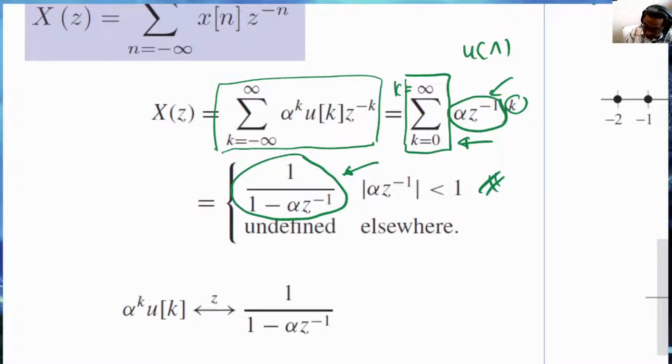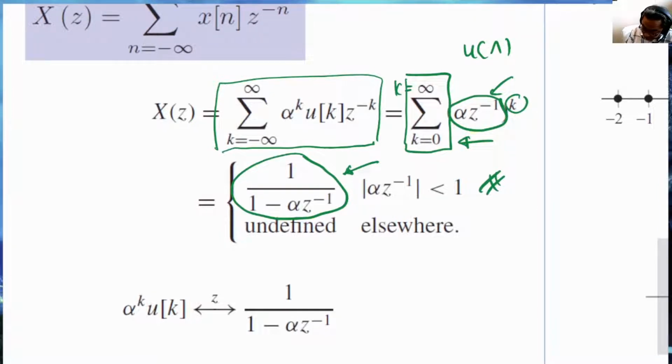However, if this term over here is not less than 1, for example, is equal to 2, then you'll realize very quickly that as k gets bigger and bigger, the term becomes larger and larger, and the sum doesn't exist anymore because we are trying to sum across infinite k terms of them. So that is why the second line here says that it's undefined if this particular term is